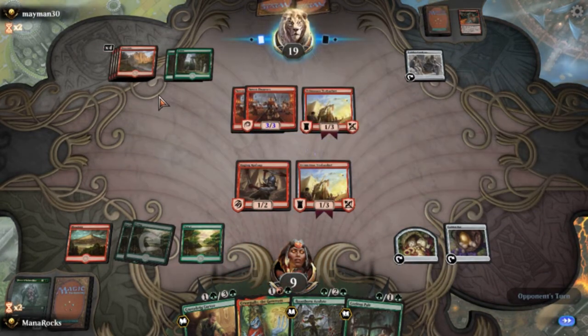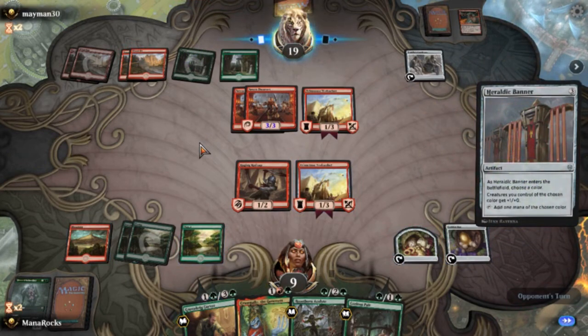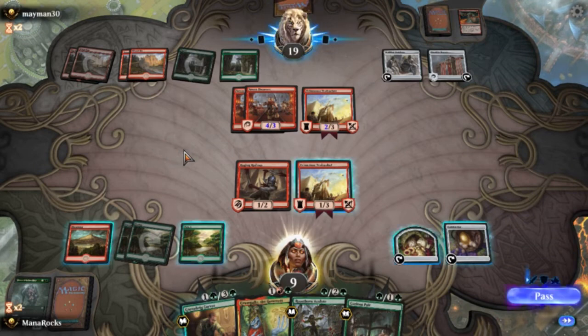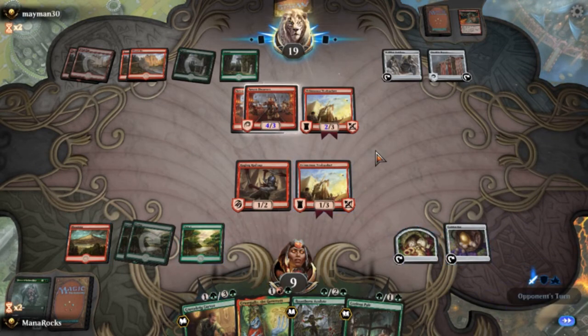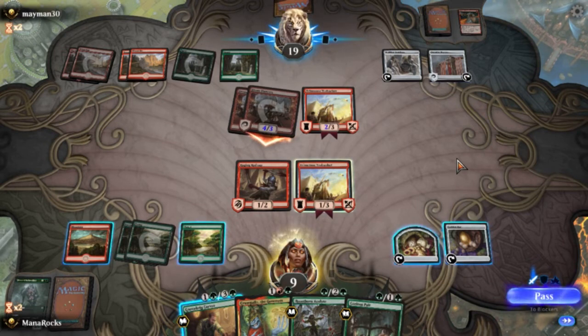Here's what I can do, though. Let's assume they have nothing in hand, which is a tough sell. Maybe they have another 7 dwarves. Heraldic Banner. That's pretty good, too. So this is going to be a 2-3. All right. Doesn't change my blocks very much. So what I'm going to do is go... oh, this is actually going to work pretty nicely, I think. Let's go...